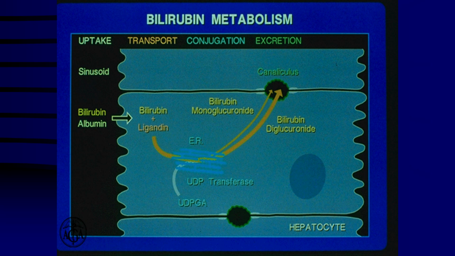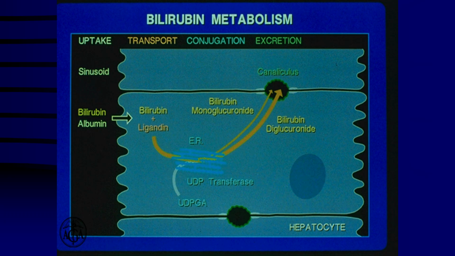The two of them are water soluble, and therefore thereafter they are secreted across the canalicular membrane of the hepatocyte as a component of bile. Bilirubin is the pigment of bile, and it is what gives bile its dark green color. In the intestine,